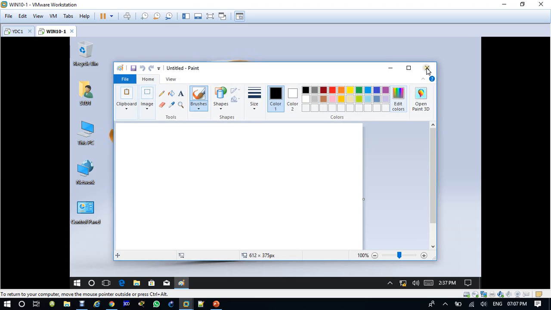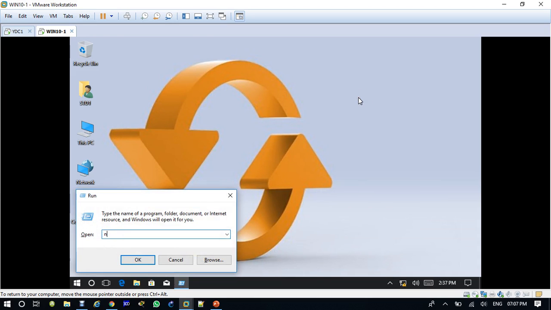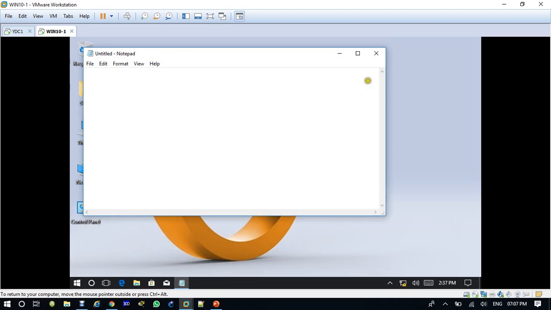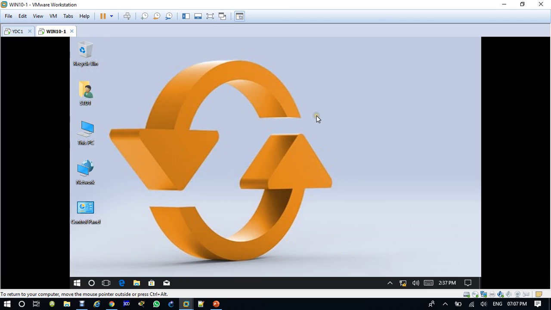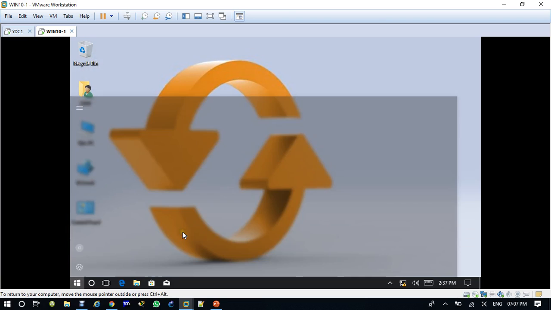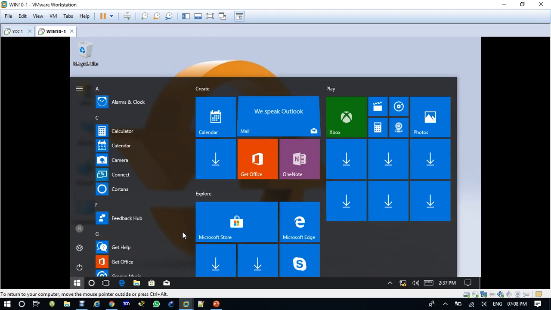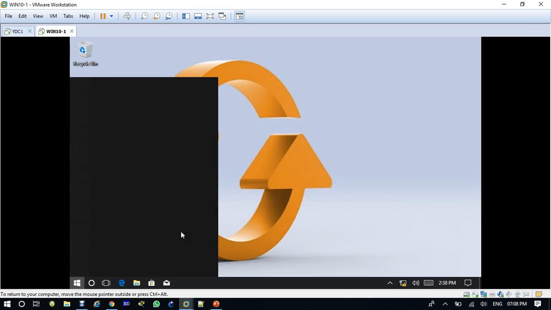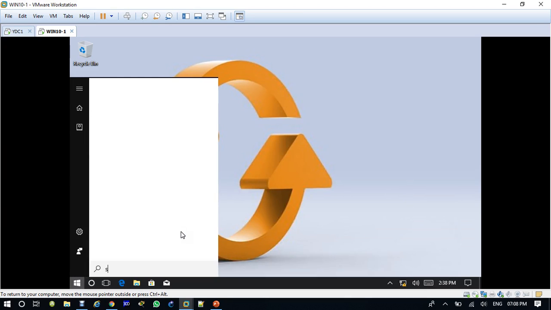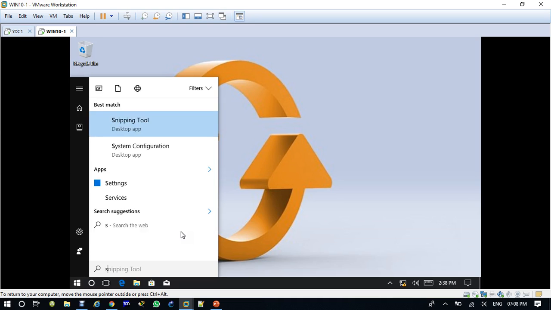You can see that he is able to open Notepad. Even he is able to open this tool, which is known as the snipping tool. Okay, this is the snipping tool.